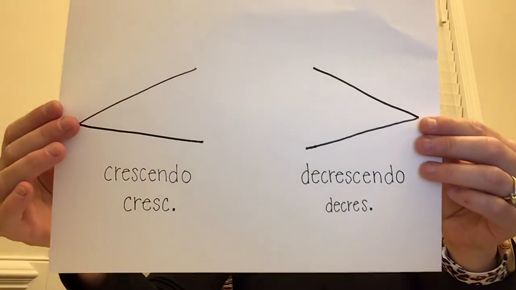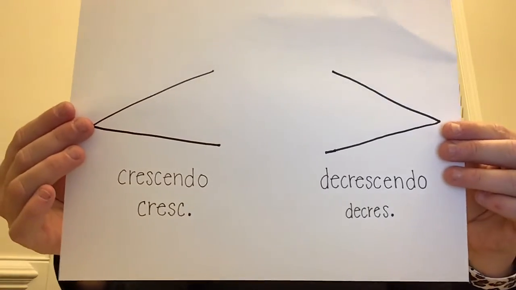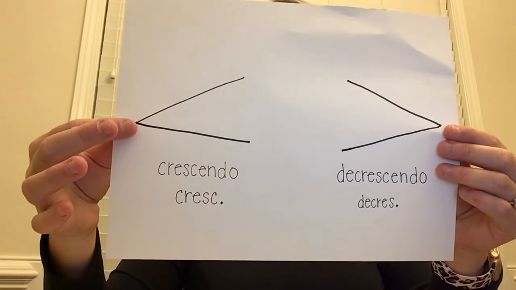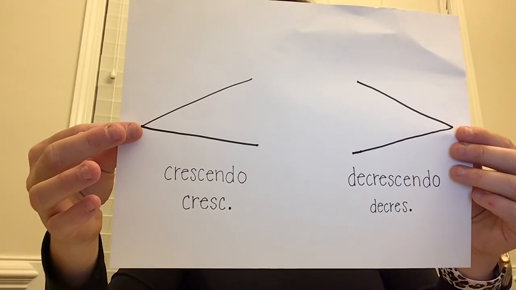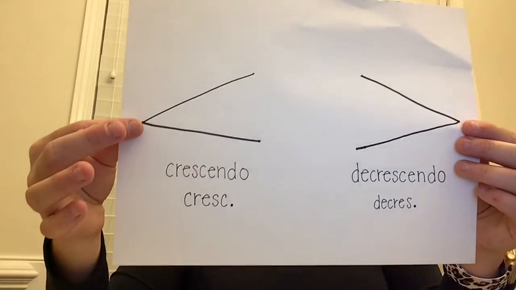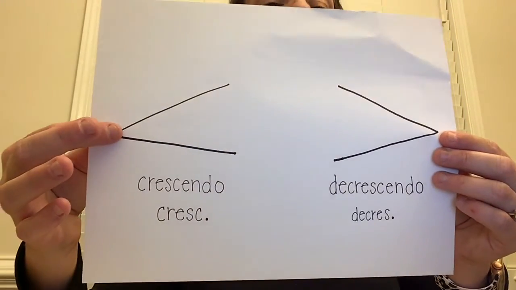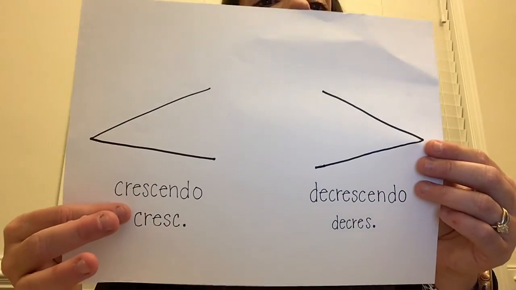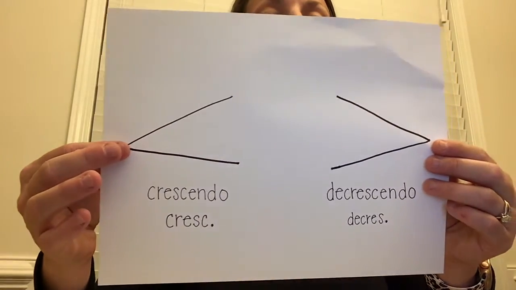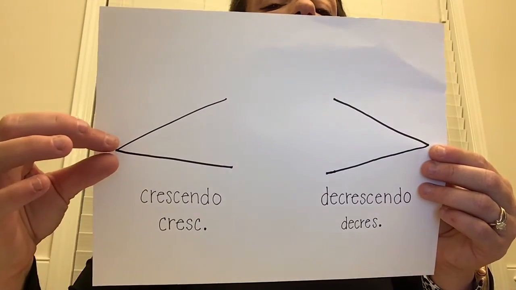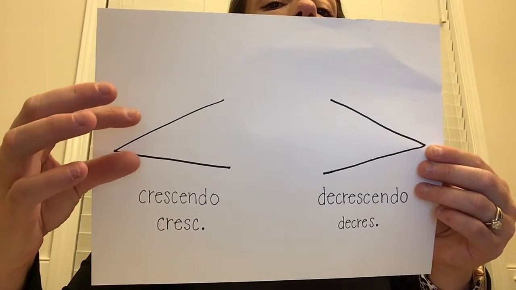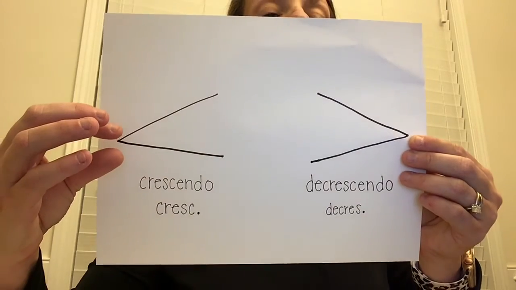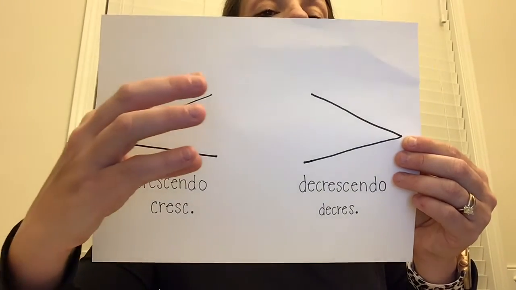These kind of look like greater than and less than symbols from math, but in music, this one here is called a crescendo. Say crescendo. And sometimes in music you will either see this symbol, sometimes you will see the word written out, and sometimes you will see this abbreviation. Now crescendo, if you look at that symbol, it's closed and then it opens and gets bigger and bigger. And that's what the sound does. The sound starts soft and it gradually gets louder and louder.